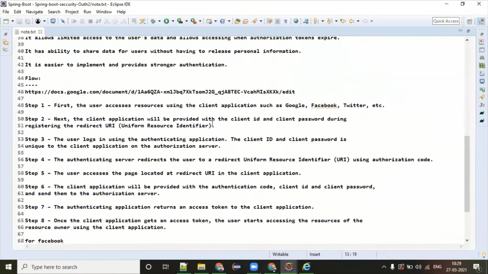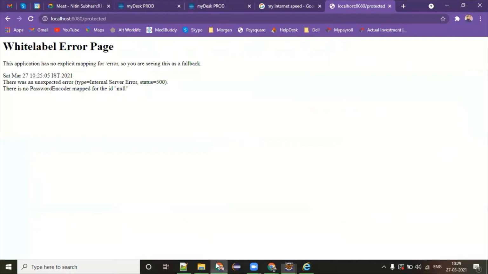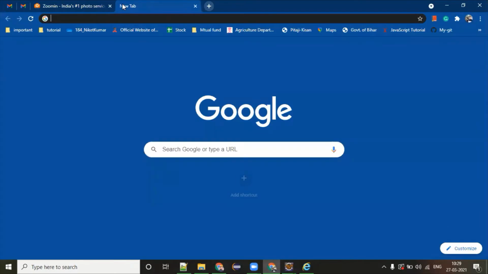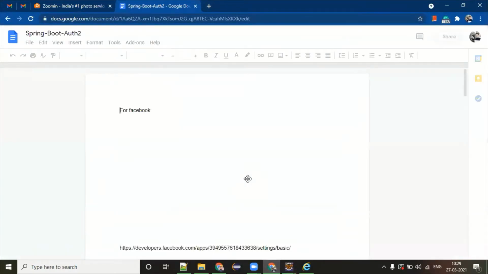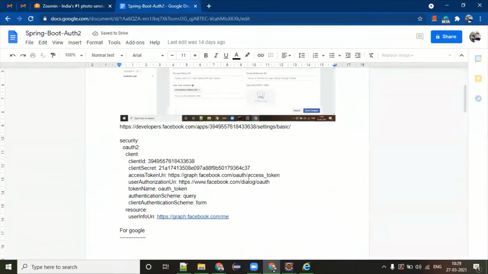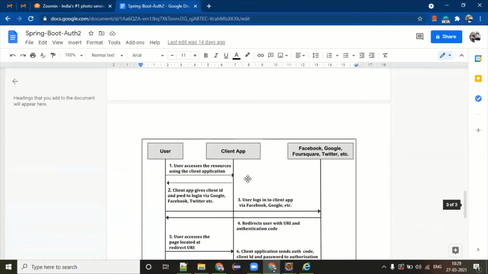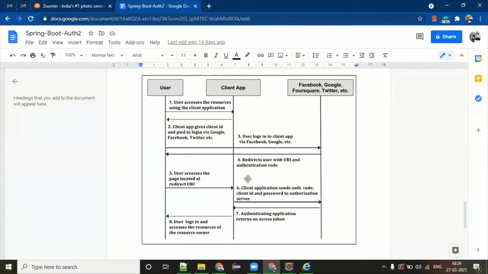So I'm just looking for the architecture diagram. Let's look at this architecture diagram, then probably we can have a clear picture. Yes, let's try understanding this.